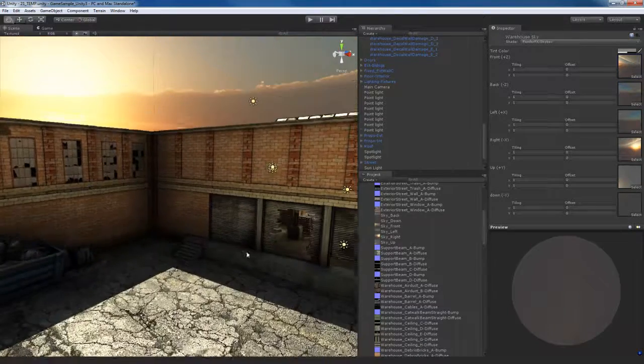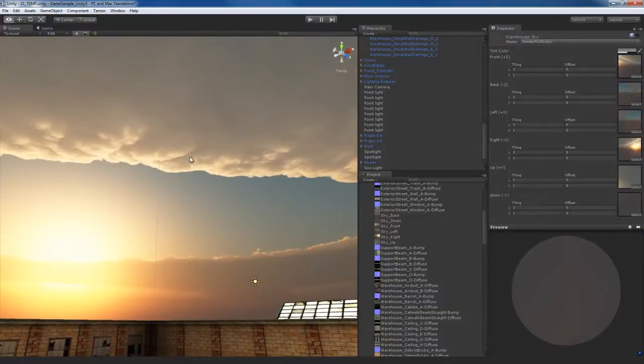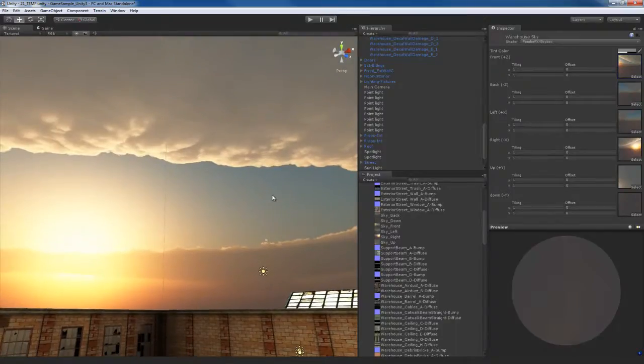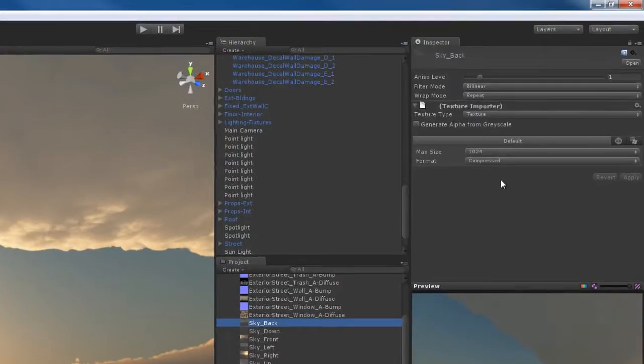The problem is I have these really strange texture seams in the corners, so it looks like we're inside a giant children's playroom that has the walls painted like a sky or something weird like that. So what you need to do is change a very important setting for the textures. I'm going to go to each one of these textures one by one, and change the setting. When you're dealing with skybox textures, you have to go to the texture import settings for that specific texture,